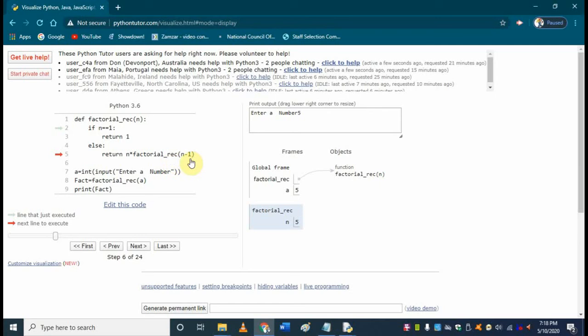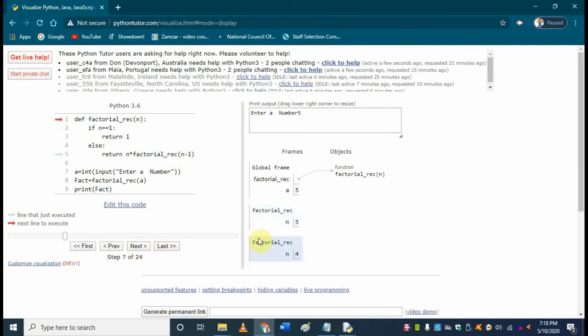So what happens? What is your guess? Yes, it is creating another frame, factorial recursion for n is equal to 4, right? And again it is calling the same function. It has gone here, and now it is testing whether n is equal to 1 or not. Is n 1?